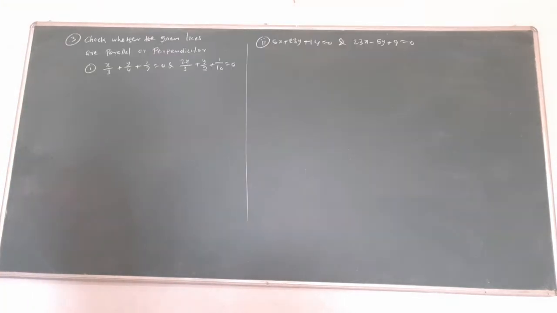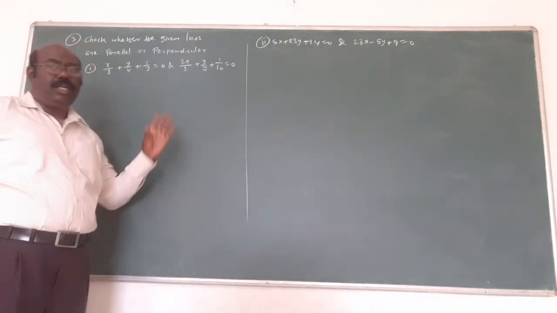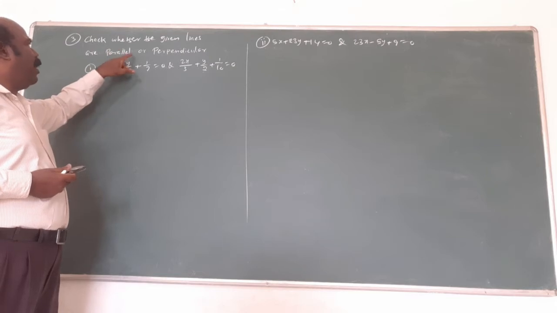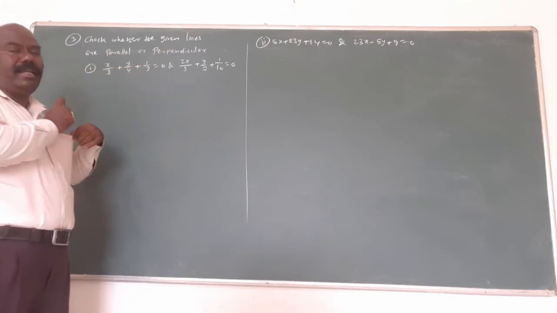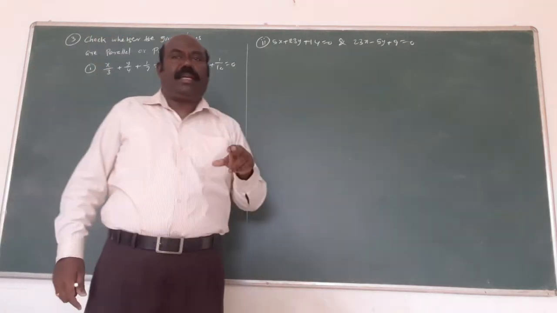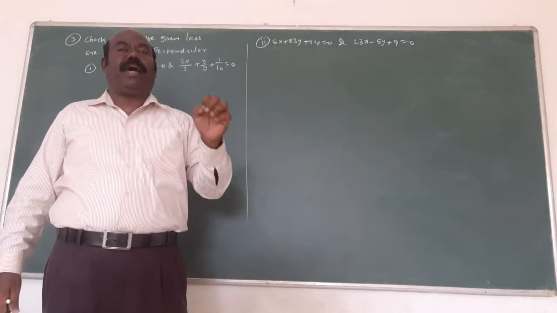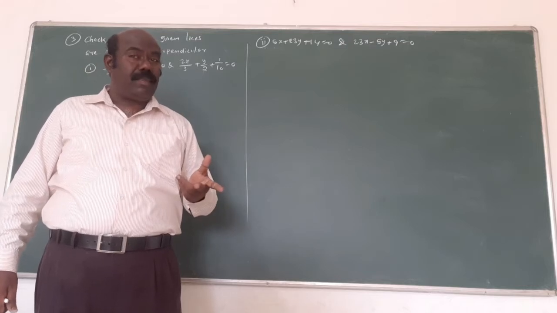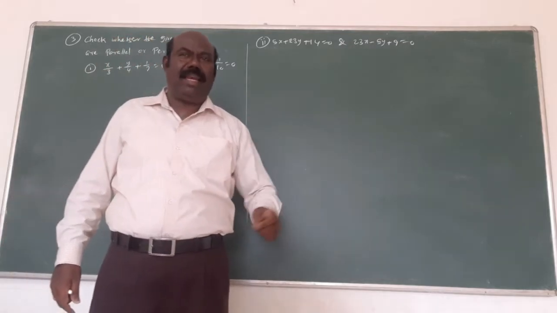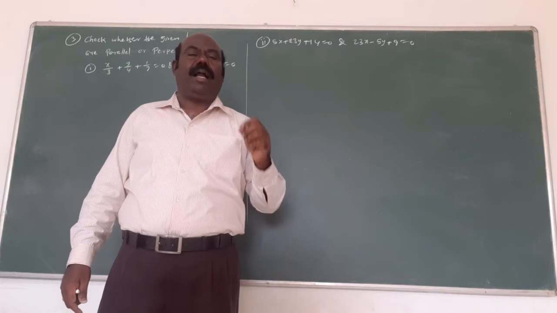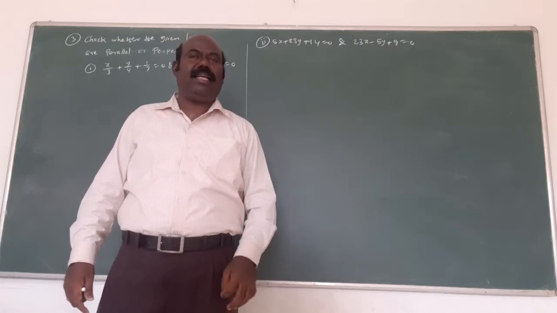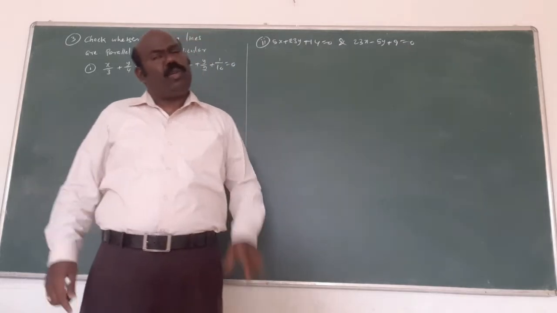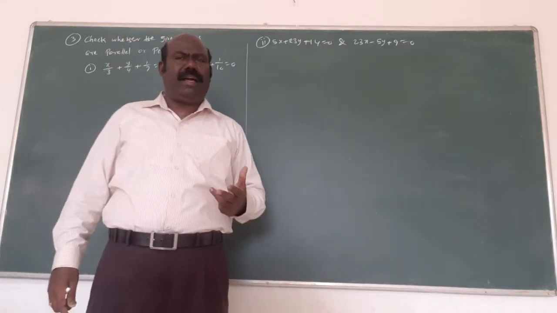Mind it. Now listen here. Two more important questions. Check whether the given lines are parallel or perpendicular. Already I told you the keywords for finding parallel or perpendicular. What I told you? When we use the slope formula, the question involves parallel, perpendicular, altitude, right angle, slope. These are all the words involving which you will find the slope. To find the slope of the equation, we have 3 formulas.